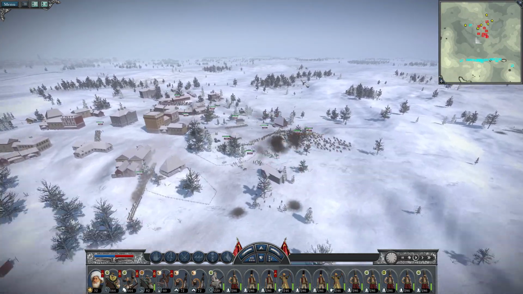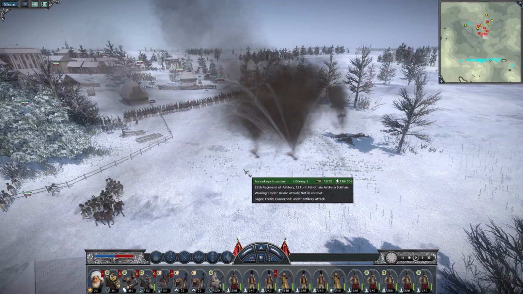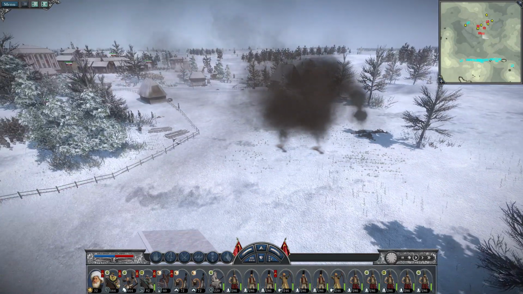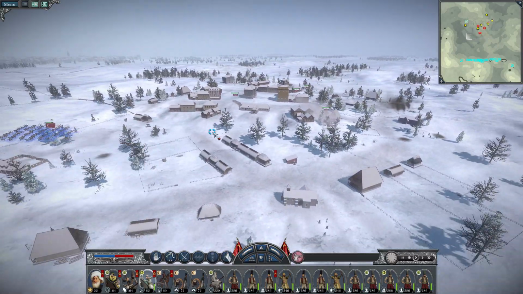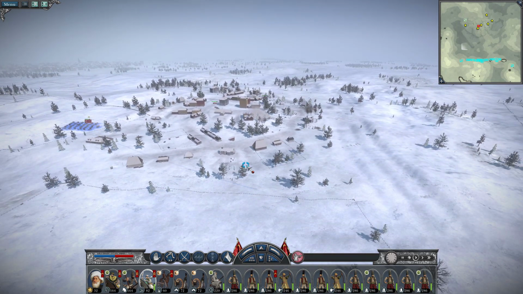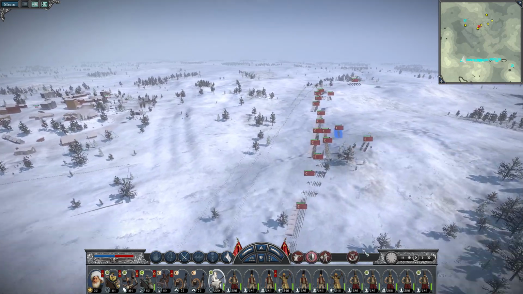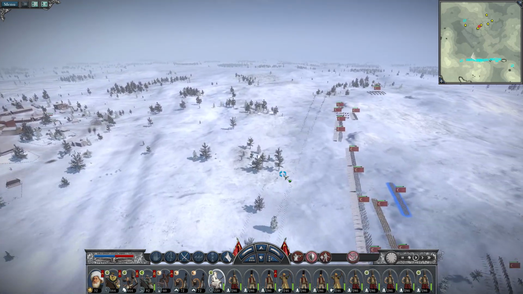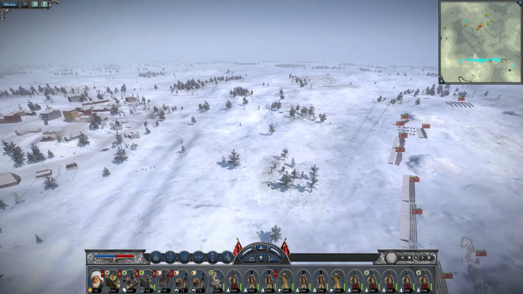Let's see, the 12 gun battery is... oh, now it disappeared. Because the Tartars are no longer scouting it. Come back here then. They're not deploying the bloody guns either, so I don't see what the point is. We're gonna send forward the Bedouins then to